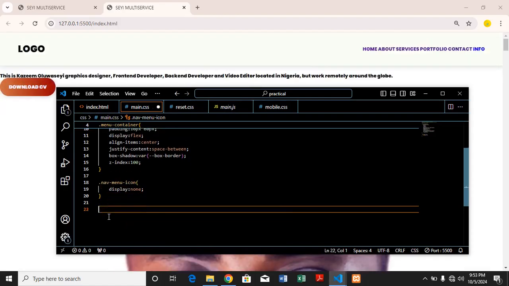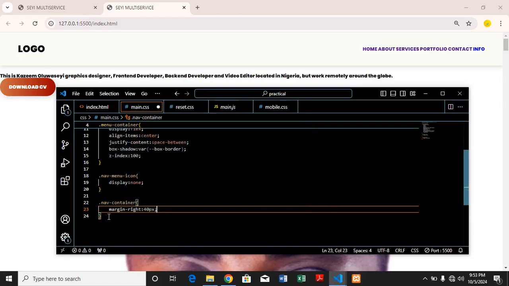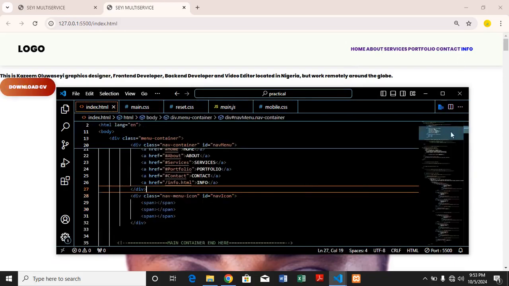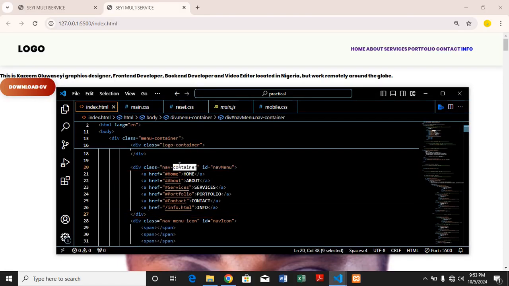Then the next thing is to now have our nav container. We have the nav container, then we give it margin right 40 pixels. So this is our nav container. This particular one is our nav container. Let's come back here and see it here so that you understand that is what we are talking about. You can see that we have the nav container. So now after that